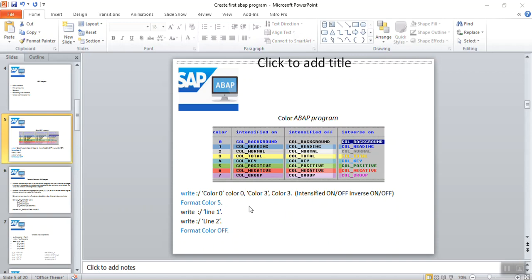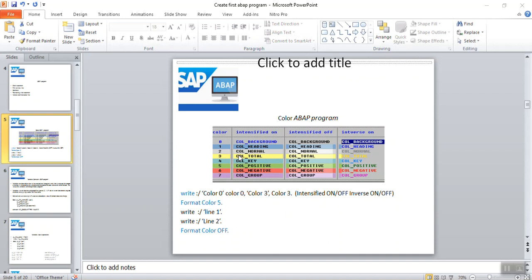In this video we will see how to add color in the web program. There are color codes given from 1 to 7. We have to use the color ID from 1 to 7. We can see the respective color which will be displayed on the screen, as shown in the second column. Like for the third number, if we use color ID 3, then that particular word or column will be displayed in yellow, and by default it is the background color.